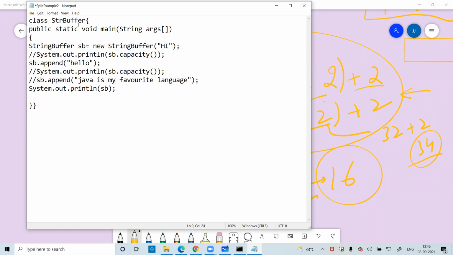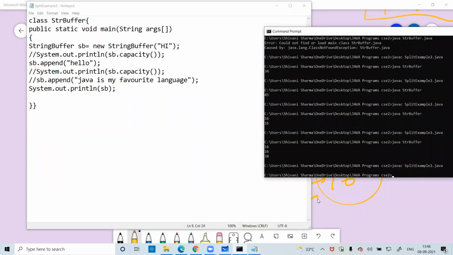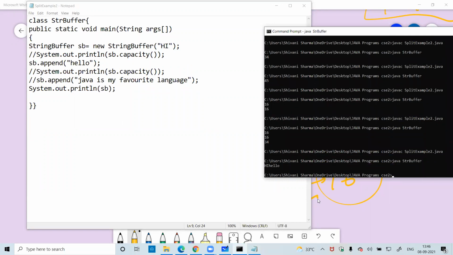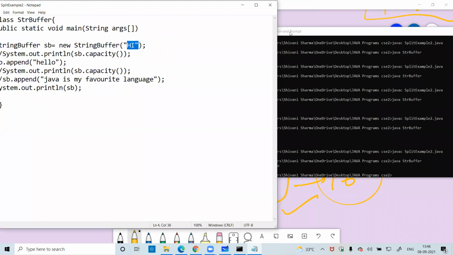Write like this, save the code. Now you can see hi, which was previously defined, and at the end of that hi it will display hello.